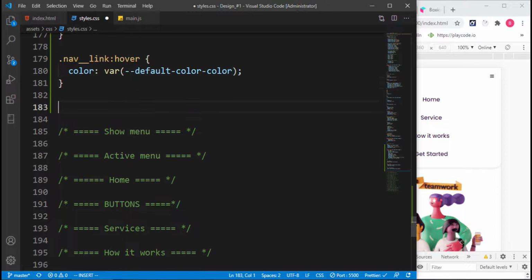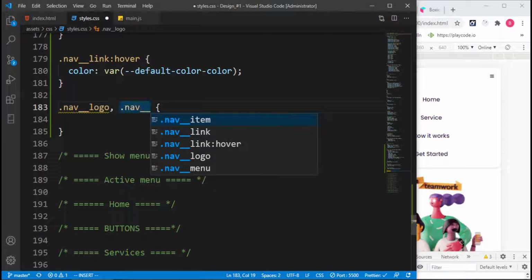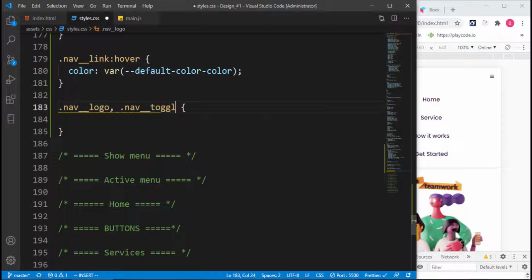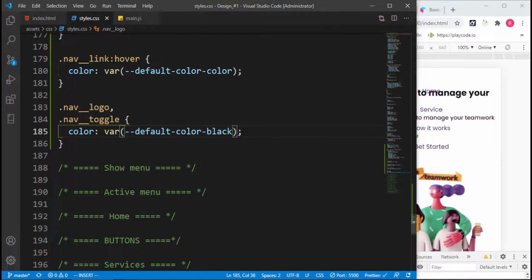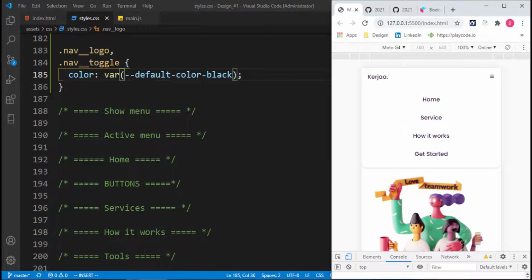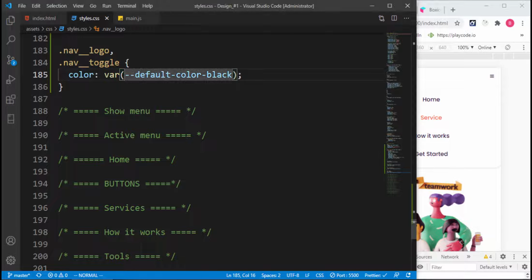And we also have to target the nav logo. And not only the nav logo, we also want this class to be applied to other classes. That means the nav logo and also the nav toggle, which is going to have a color of default color black. So what you see here is that the logo and this nav toggle are just making use of this default color black, except for this one that is going to have a hover effect whenever we hover over it. There's nothing much there, and we can just proceed to